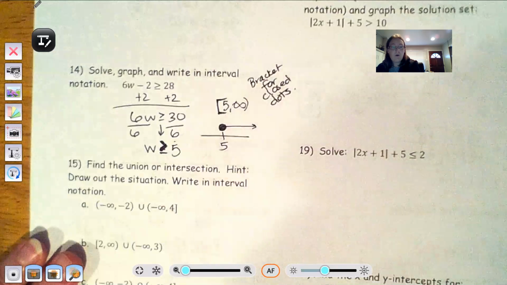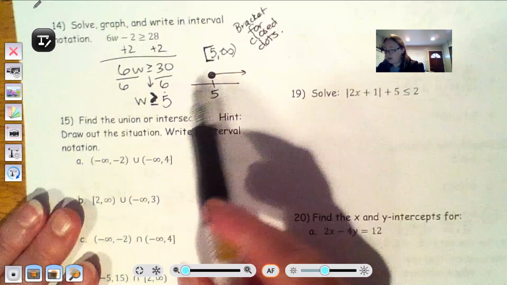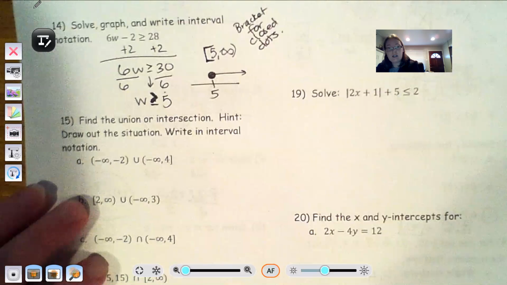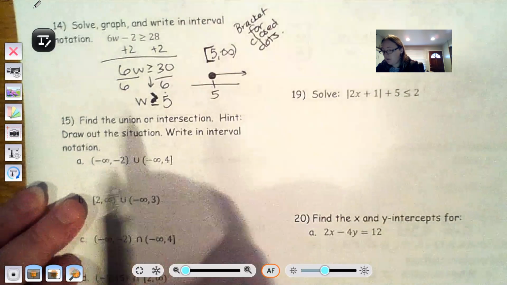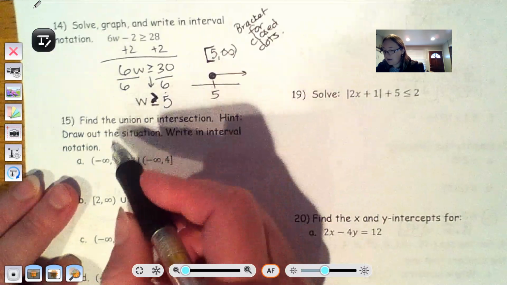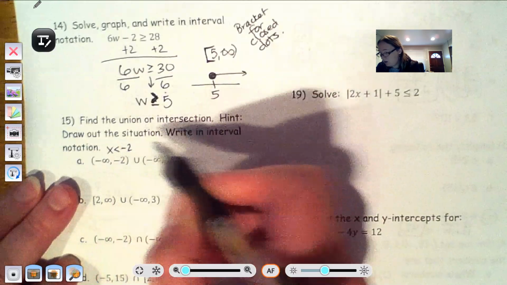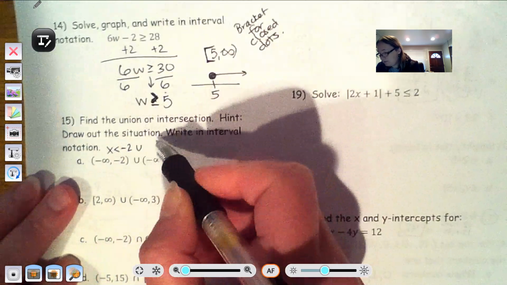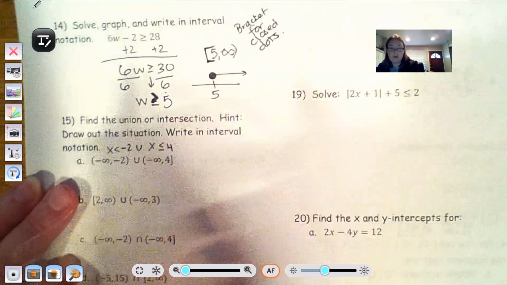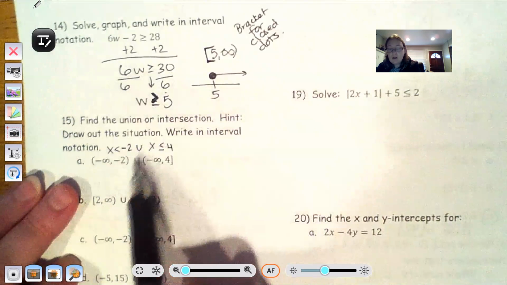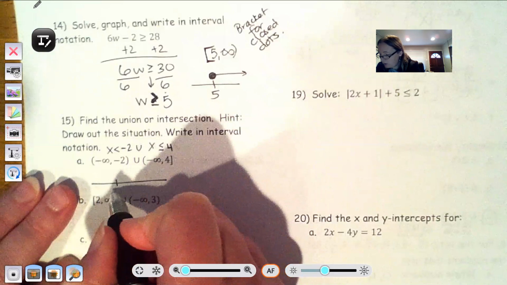They may also give you a problem where there's an interval given to you not as an inequality, but given to you in interval notation, and looking at unions and intersections. It could be written like this, or they may say x is less than -2 union x is less than or equal to 4. That's what this translates to. So in either case, I recommend that you graph